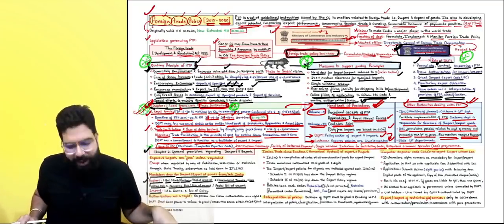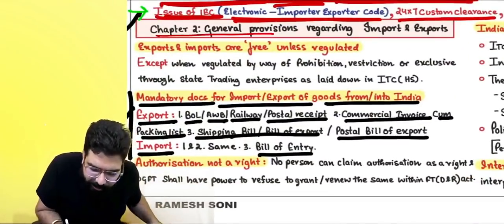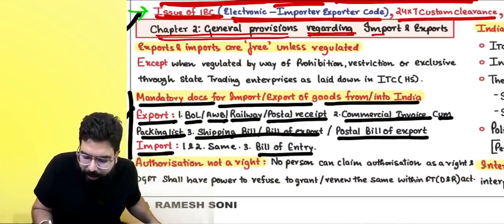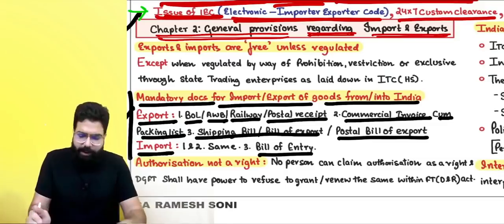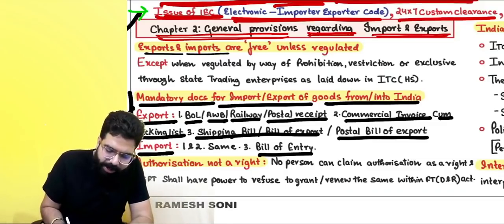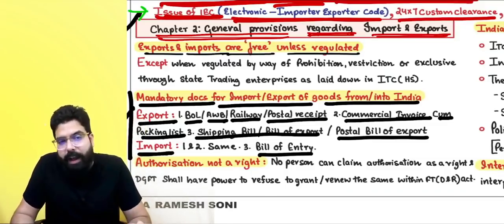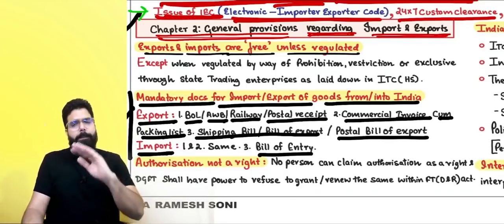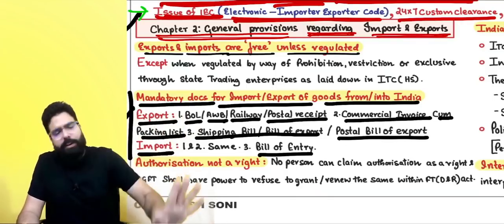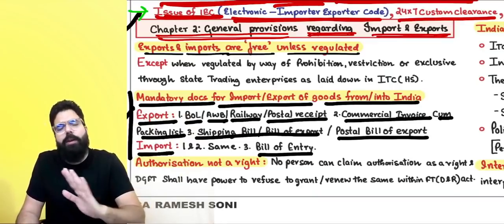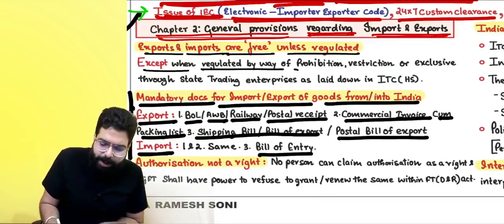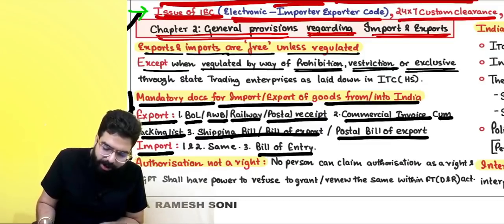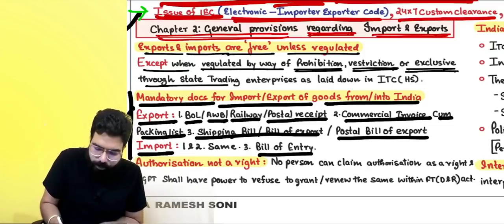The second chapter over here is some general provisions regarding imports and exports. Everyone over here, now: exports and imports are free unless regulated. Anything you import and anything you export is always free. Whenever you want to import or export something, it is always free unless regulated, except when regulated by prohibition, restriction, or exclusively through state trading enterprises as laid down in the